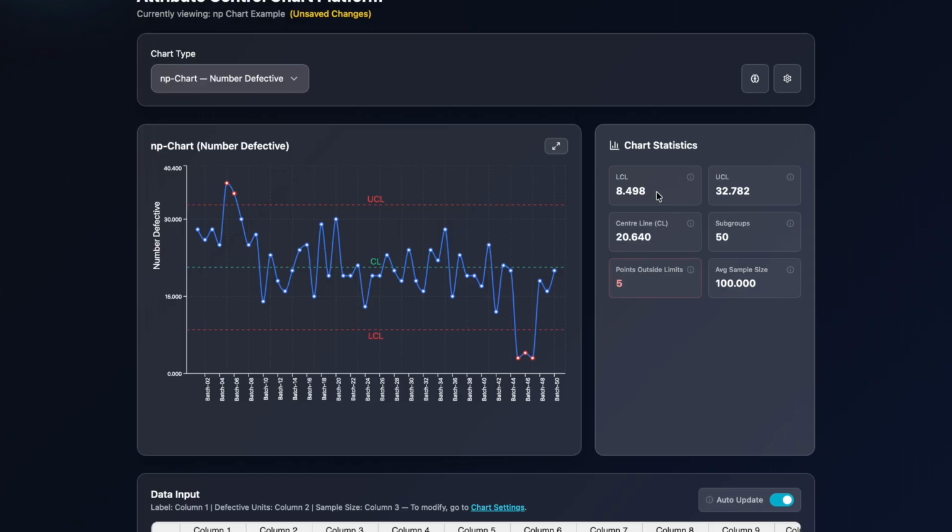And notice the statistics panel. 5 points fall outside the control limit, and they are marked in red on the chart. 2 of them are early in the run, up above the upper limit, around batch 5 and batch 6. Something clearly went wrong in those batches. And in a real investigation, those will be the first places to look. The other 3 red points are near the end, around batches 45 to 47, and they sit below the lower